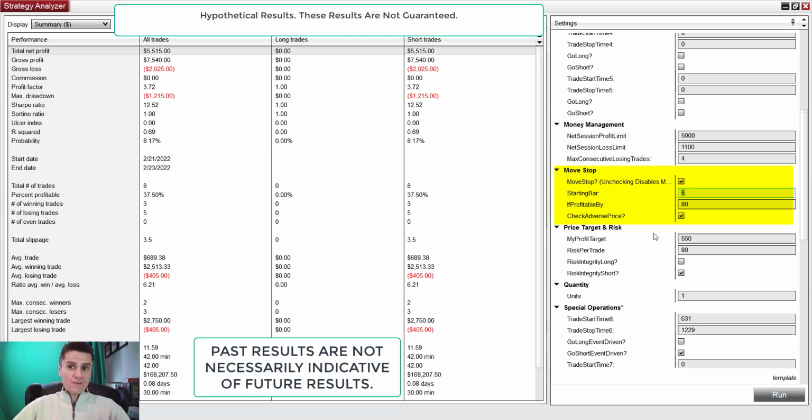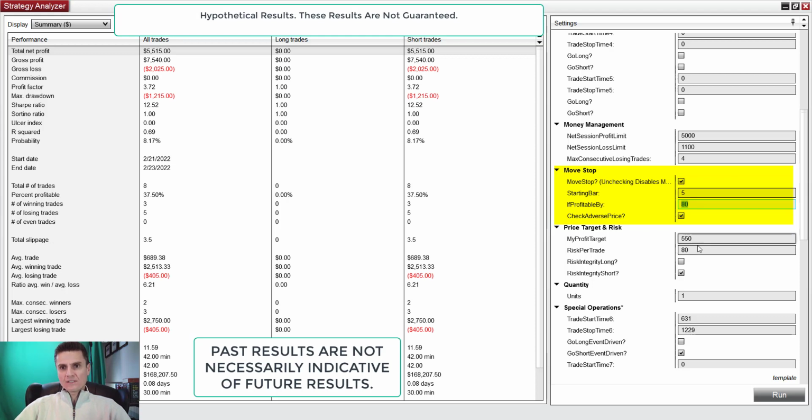Because this is five and this is a 1 minute bar and 1 minute chart, so it's every minute. So 5 minutes, at least 5 minutes, and if the trade at the close of the bar is up at least 80 ticks,